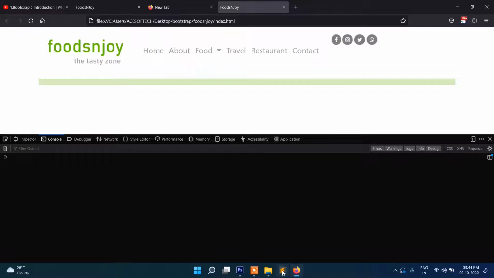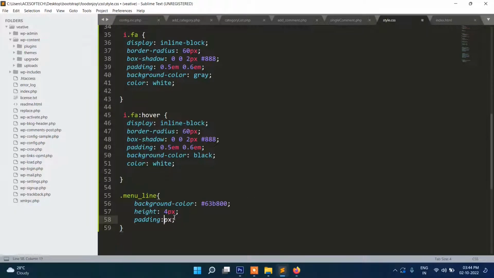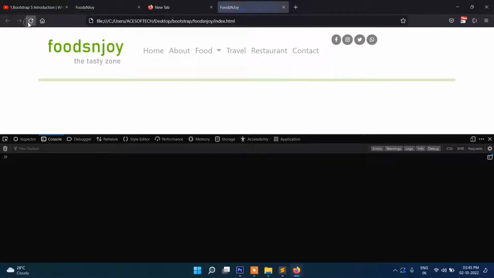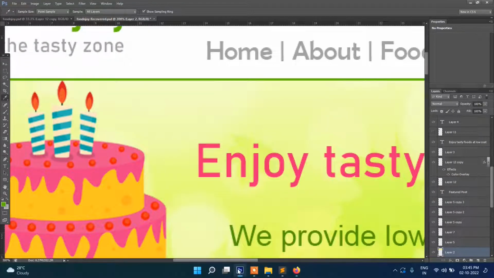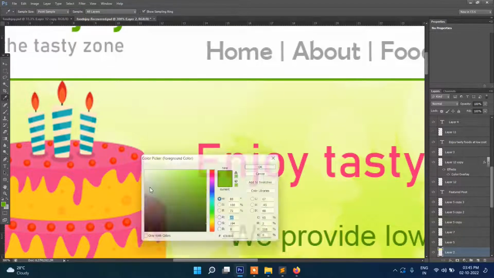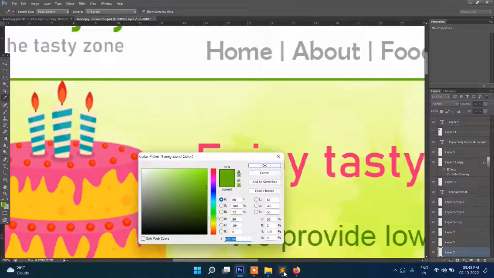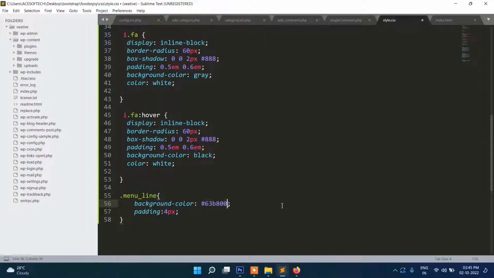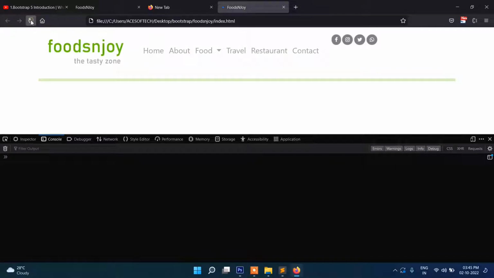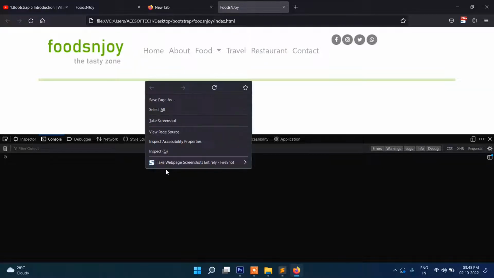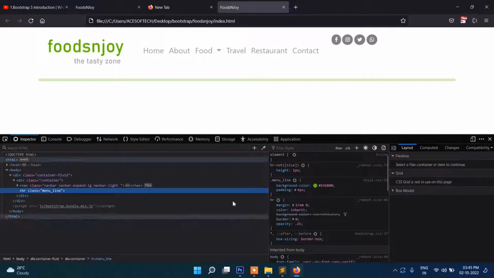If you put here padding 10, so what should be, not 10 actually, we will put here, let's remove this height, it's not required, padding 4. So according to design, the color is different. Why is the color showing different? Okay, sometimes in Photoshop it looks different, but in actual it looks different. So if you want to match,